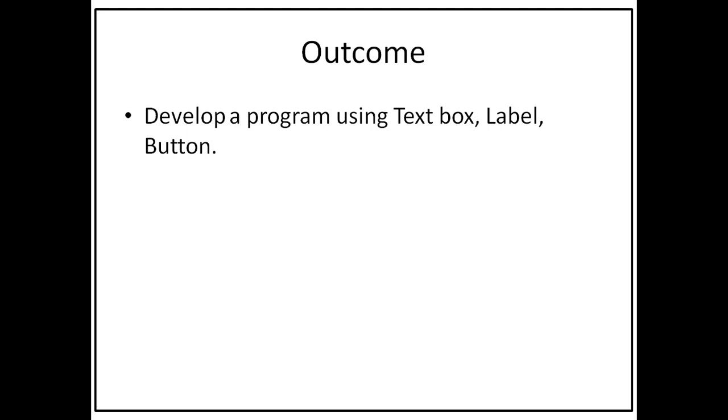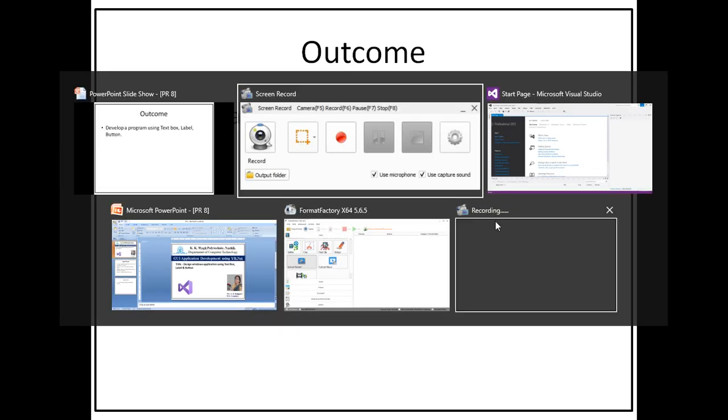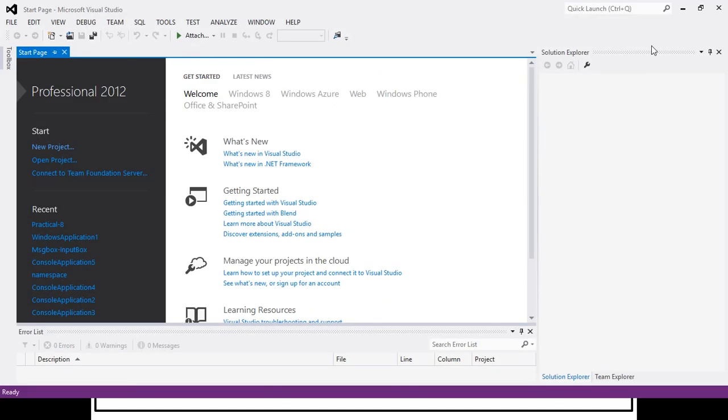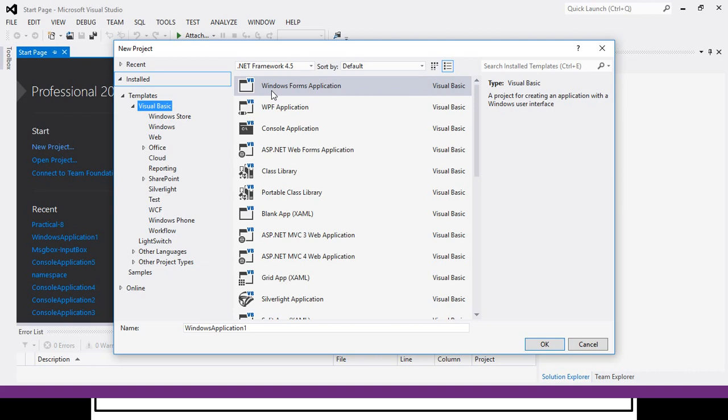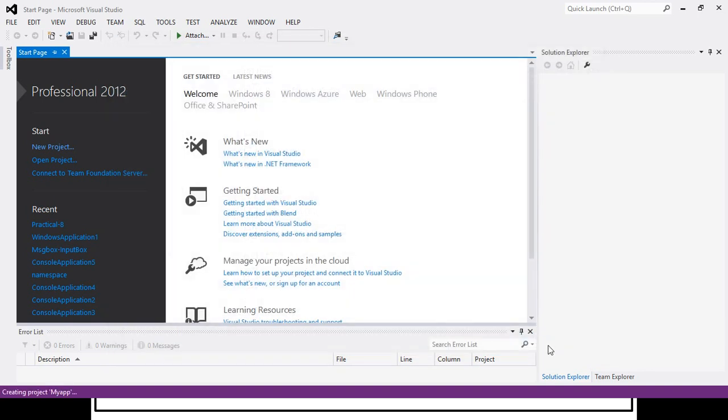and button. So friends, we will see how these three controls are used in our Windows Form application. For that, I will open my Visual Studio, and here I will select New Project, and from that I will select Windows Form application, and here I will give a new name for my project as my application, okay, my app, and will click OK.